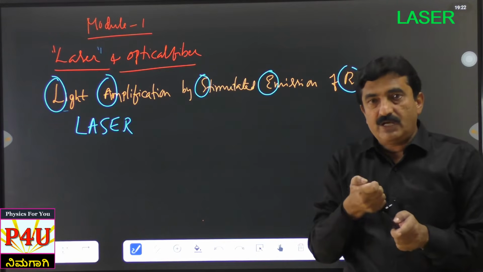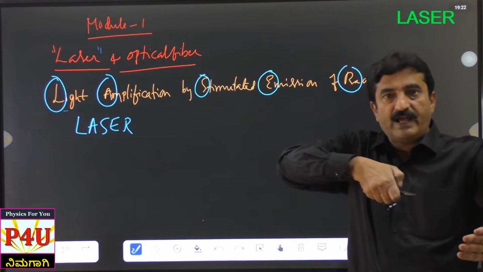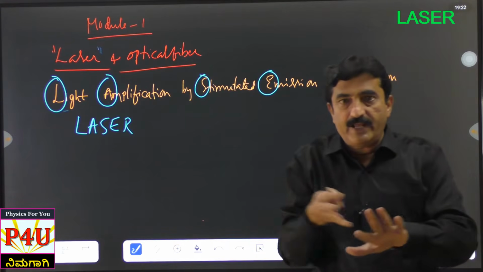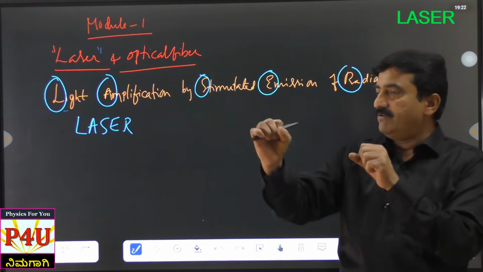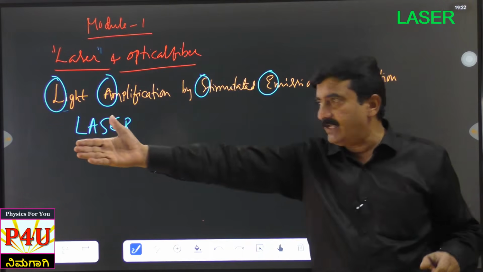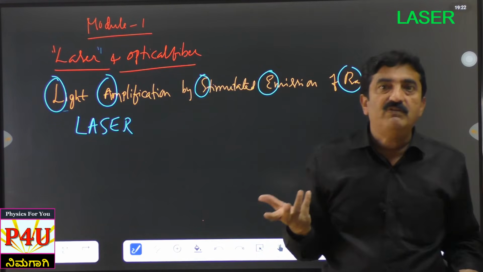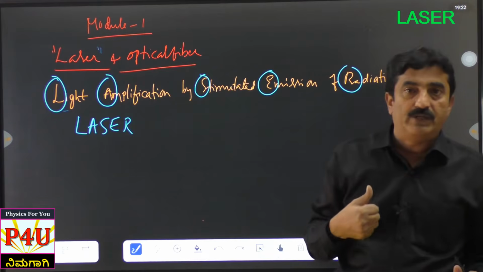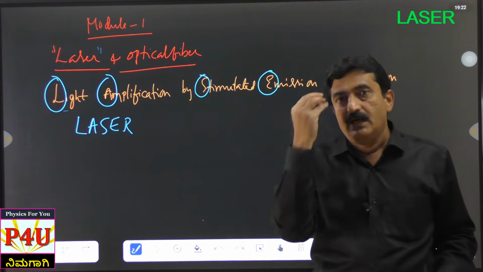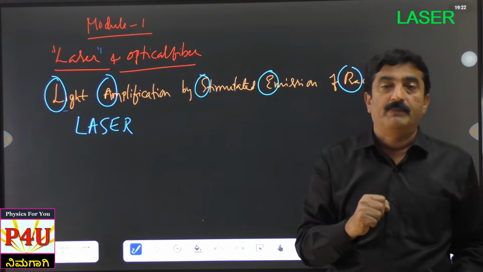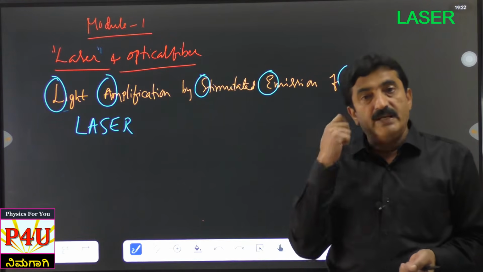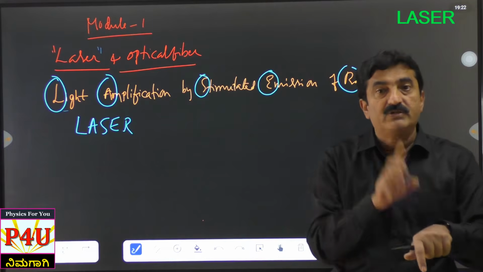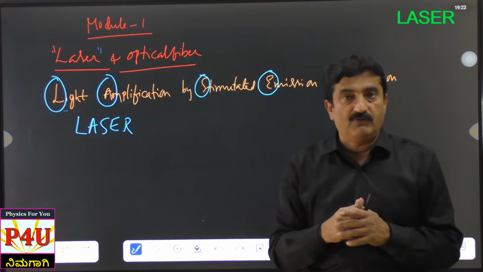Next, if you switch on the light and illuminate your hand, you will not suffer any problem. That means it will not produce any heat on your hand. You can even look at the light. I have a light here, I can stare at the light. My eyes will not be strained. But if you look at the laser, it will cause problems. It may cause some problem to the retina. It may burn your retina. Some lasers are so powerful that they can burn your skin also. So that is the power of laser.